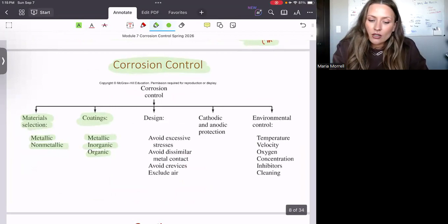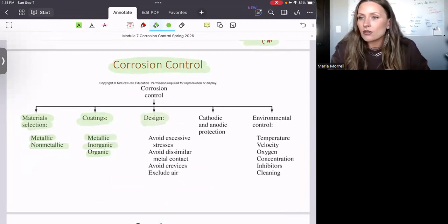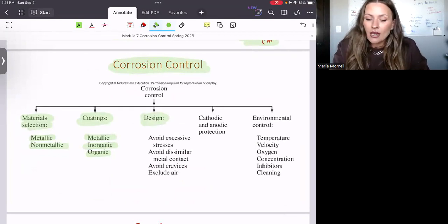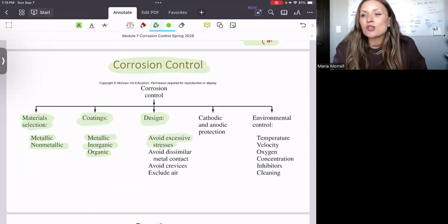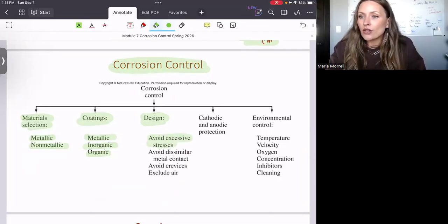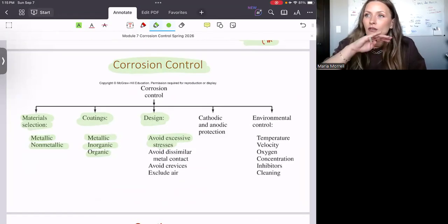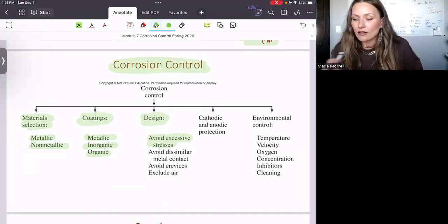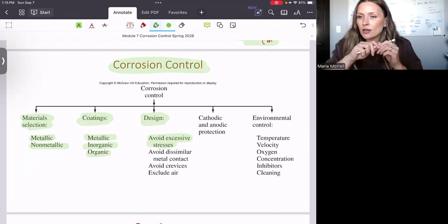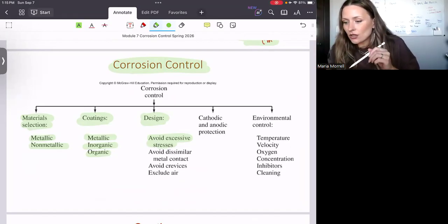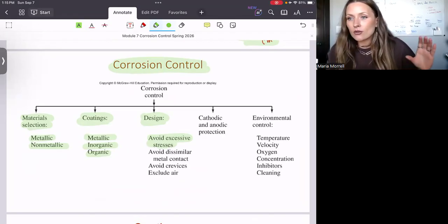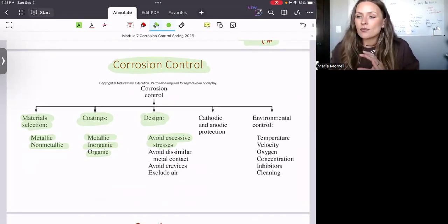You can also control corrosion by design, okay? And I think everything I'm about to list here would make sense. Of course, you need to avoid excessive stresses, right? Just as an example, if you're looking at the erosion corrosion, you should always avoid these very sharp bends in your pipes, right? Because you don't want the liquid to smash the walls, because the thickness is going to be reduced a lot more due to this abrasive friction